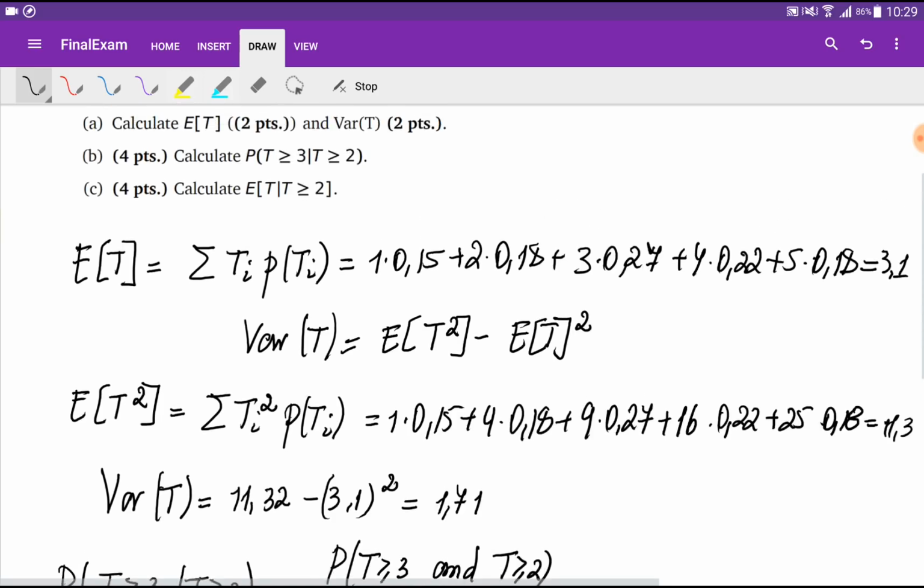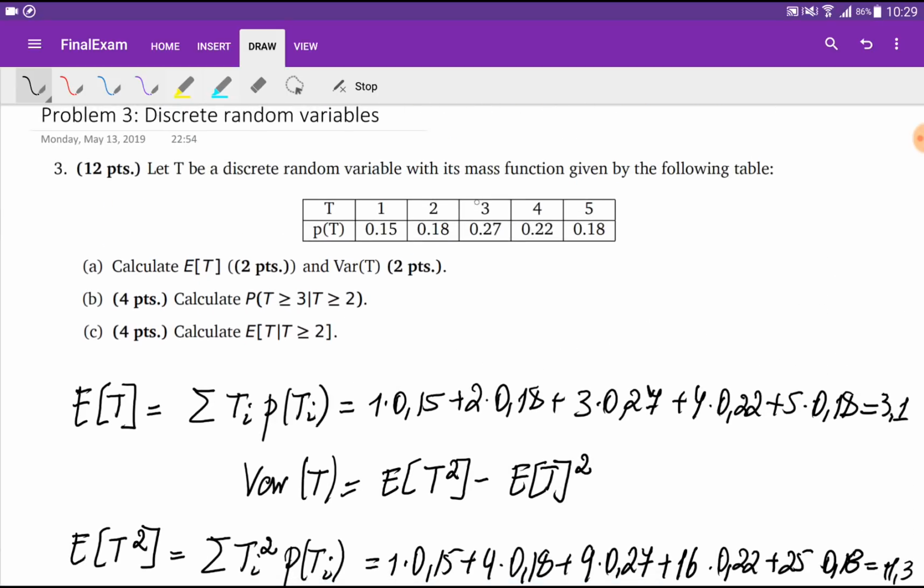So what is the intersection of the events? So t is bigger than 3 and t is bigger than t. Right? So the intersection is going to be equal to bigger than 3 and bigger than t. So the intersection is going to be all the events where t is bigger than 3. Right? So in order to find a probability that t is bigger than 3, we're just going